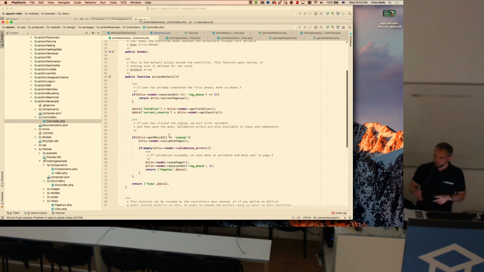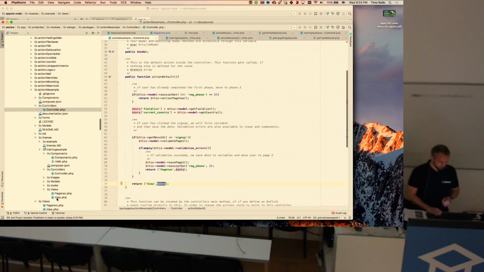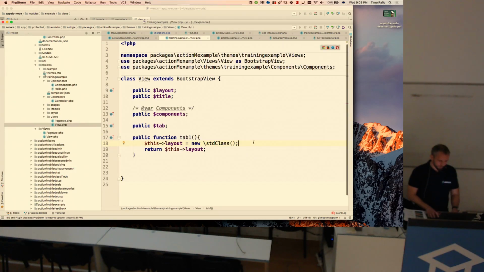By default, the controller will include a file called view, and it will supply it with an array of data. This data can be based on the user input, or it can come from the model, and if it comes from the model, it can come from basically anywhere. We send that to the view, and inside the view,